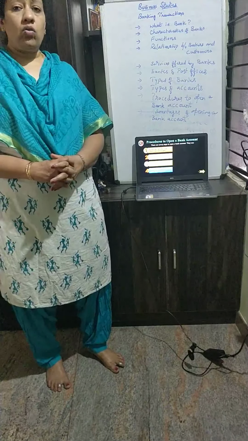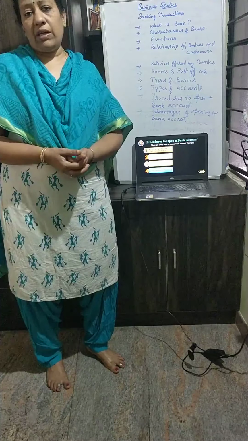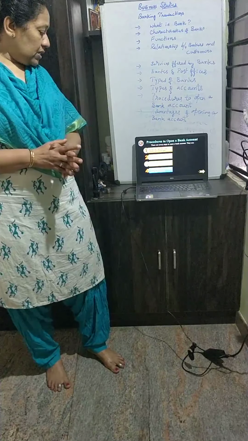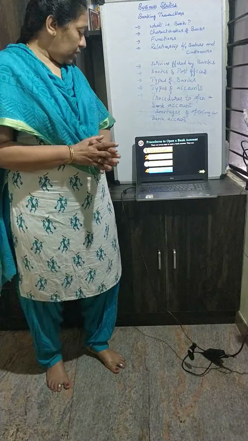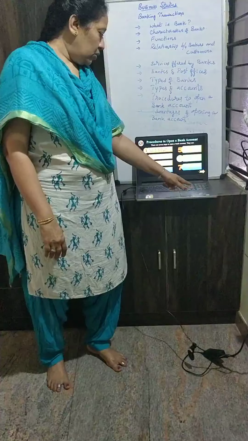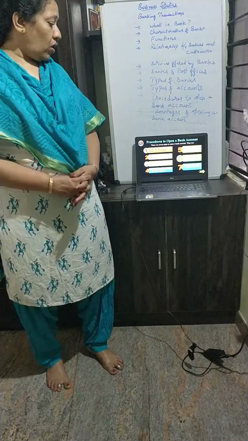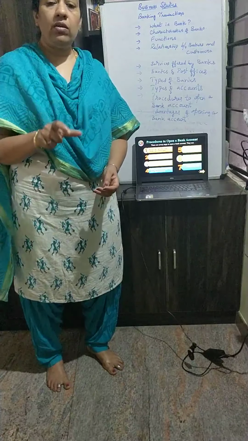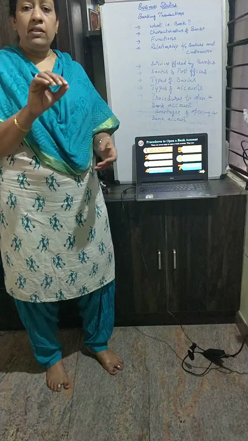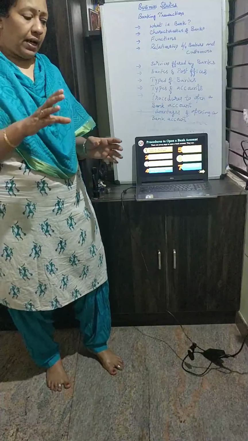Third, fill up the bank account proposal form. They'll be giving the form. In that form, you're supposed to fill it. And the fourth one is give reference for opening your bank account. One has to introduce you. That's why the reference is a must. Next, submit the bank account form duly filled. Everything you have to fill. There is name, date, address, date of birth, phone number, Aadhaar card number, and other linking